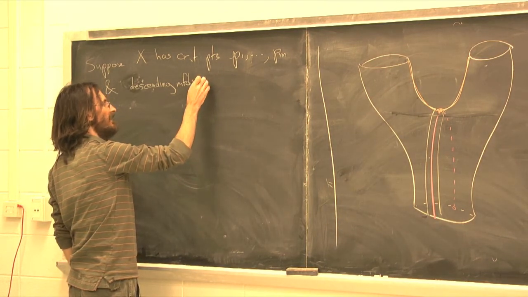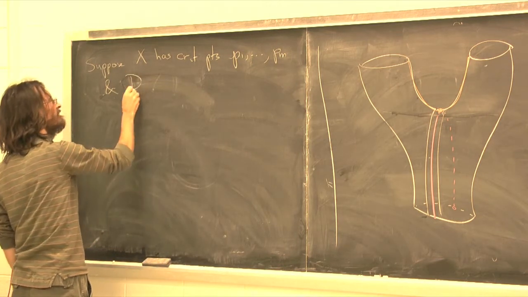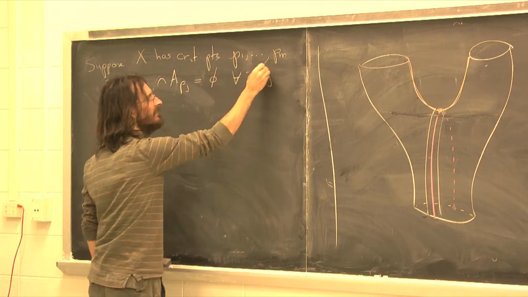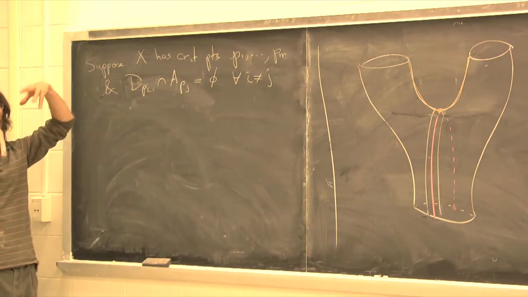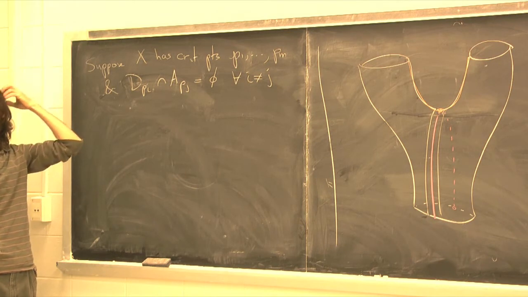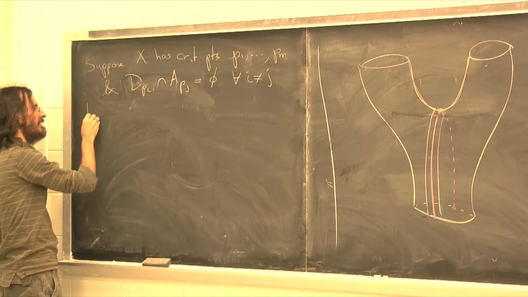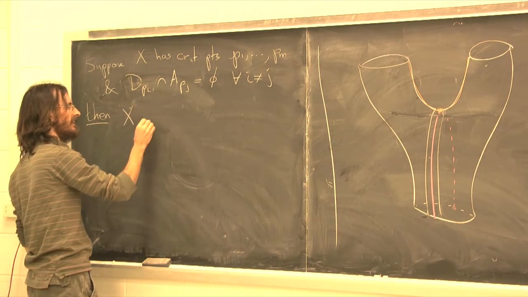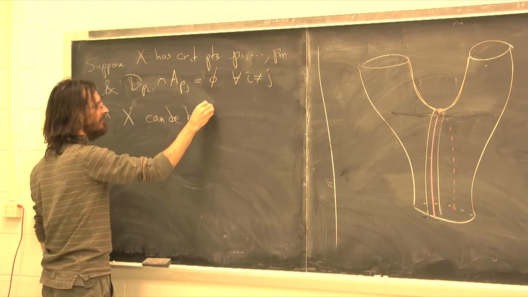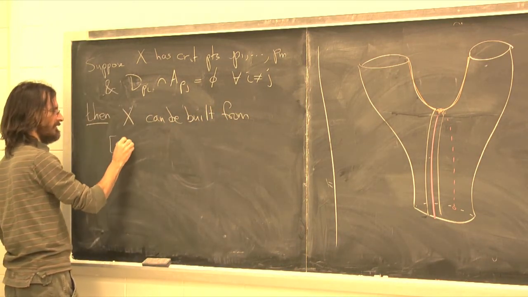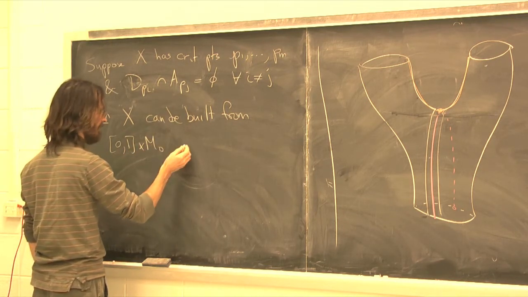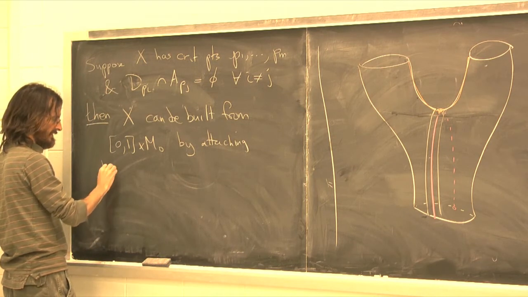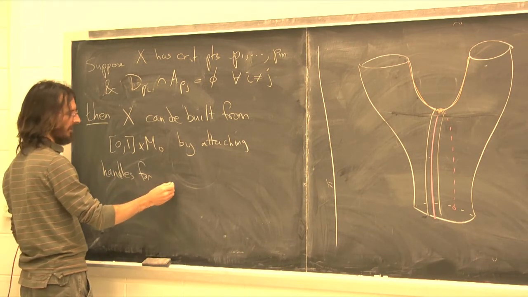And descending manifolds, maybe I should write it this way. D sub pi intersect ascending manifold for pj are disjoint for all i and j. Okay, so I've got all these critical points, and none of the ascending manifolds of one hit the descending manifolds of any others. Right? Then I claim that then X can be built as [0,1] cross 0 union by attaching the handles for all the critical points, P1 to Pn,